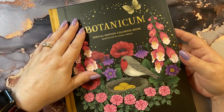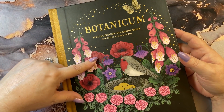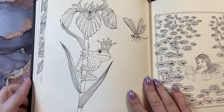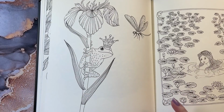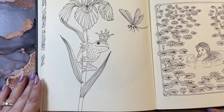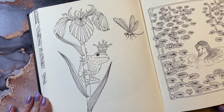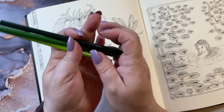Today we're going to do a picture in this book here, Botanicum by Maria Trolle. I've picked out this kind of simpler picture here with the frog on an iris and a little bug over here. So I thought I'd just try this one out. I'm going to try to get this settled in here a little bit. Picked out some colors. I'm going to color it in